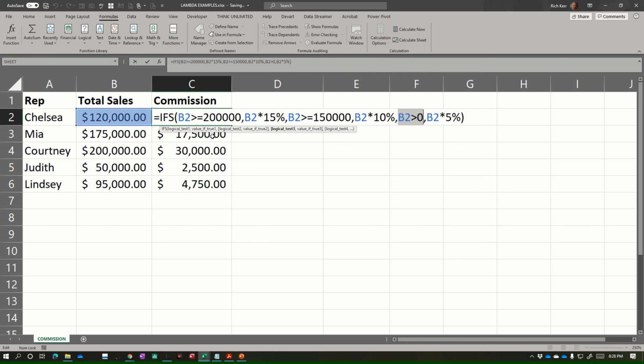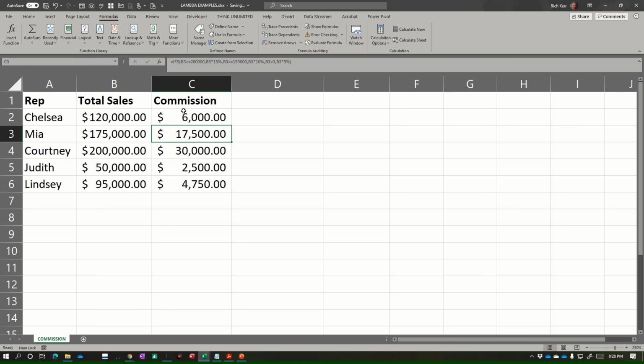And it's not the most complicated formula in the world. It's just got a few pieces to it. But it is kind of long. And I'd really love to make it much more simple. So here's what I'm going to do. I'm going to use the LAMBDA function. I'm going to have a couple of steps here, so bear with me. We're going to say equals LAMBDA,